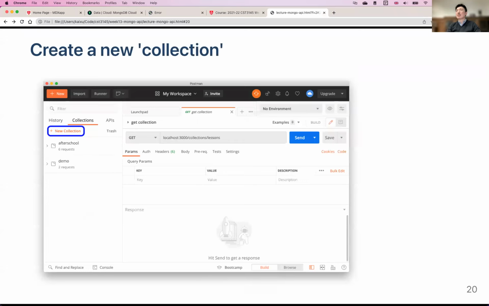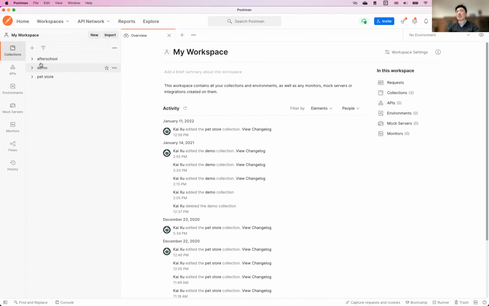Okay, and so it is recommended the first thing to do is actually create a new collection. The collection is the equivalent of a folder, and inside one collection you can have multiple tests. For example, for one backend you can have one folder, and in the real world you can have multiple servers or services, each with its own set of REST API access points, and each of them would have a folder. Okay, if I go to my local one, you can see I already have 3 here: